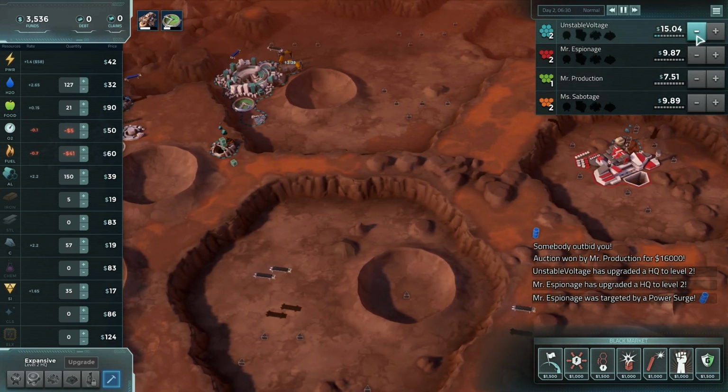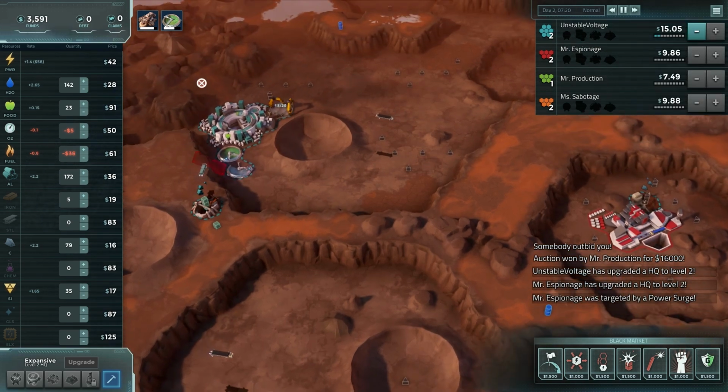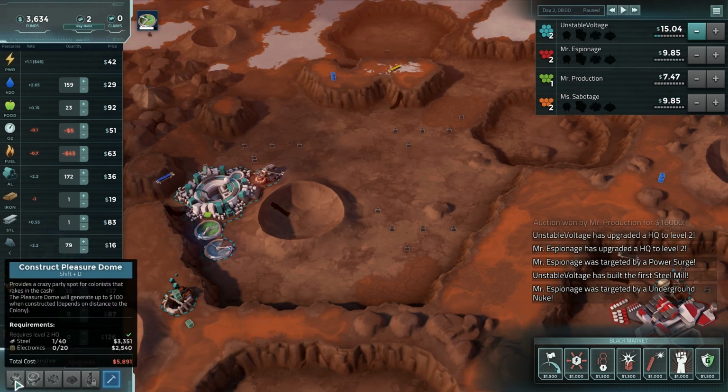So as you can see, my share value is quite high. Most of the reason for this is because I'm actually playing on an easier difficulty level, so it just gives us a little bit of a boost there. And you can see that once we've actually increased the level of our HQ, we have a few more options here that we can actually...